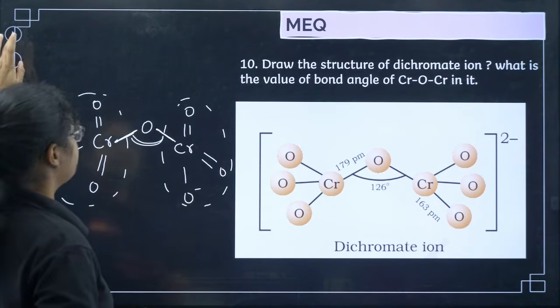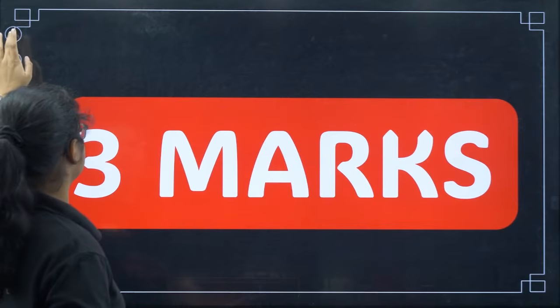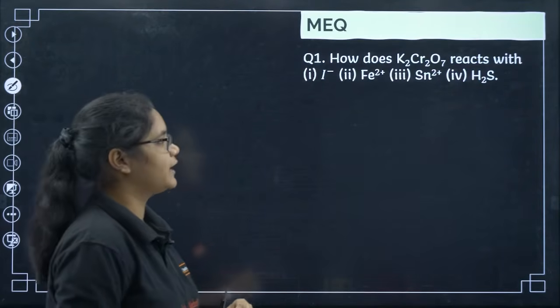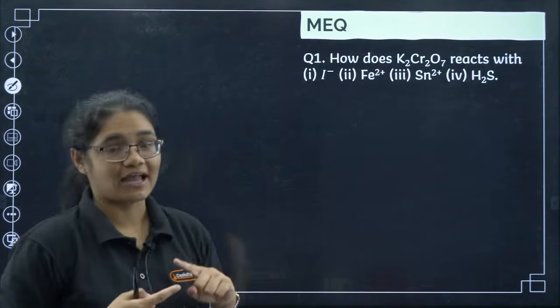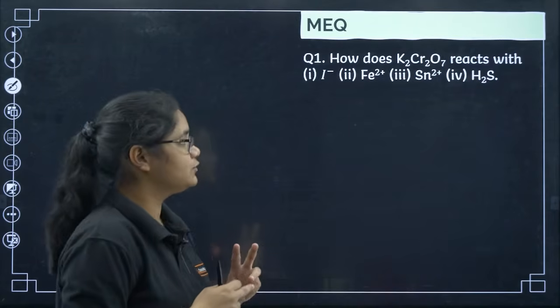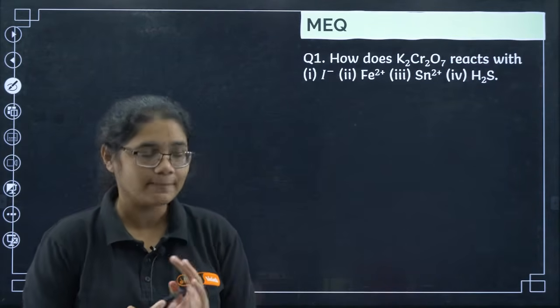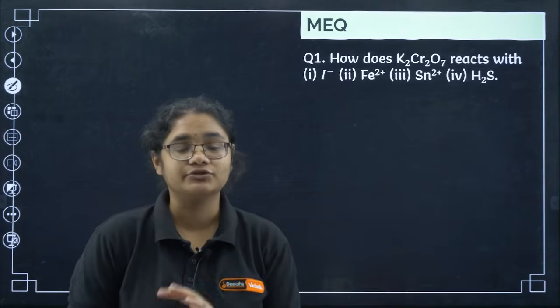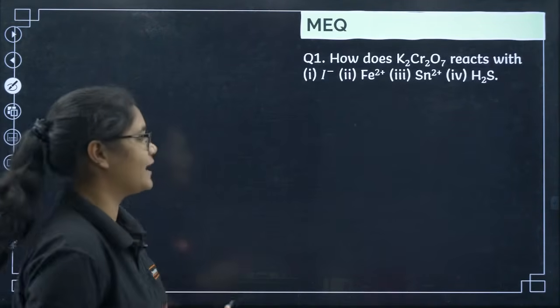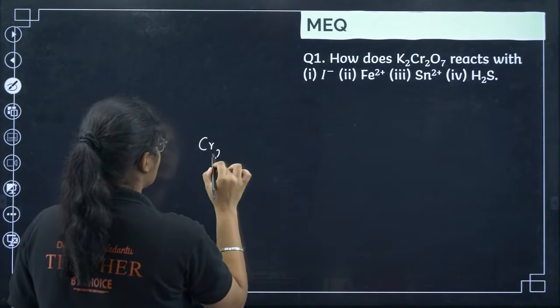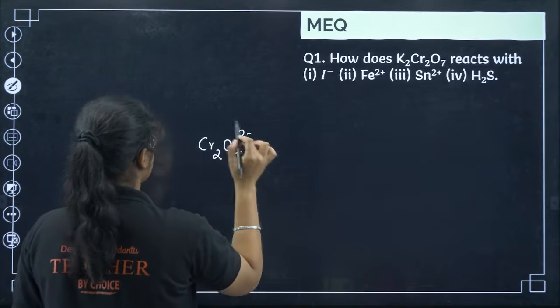Okay, now we will move to some 3-marker questions. So the first question is: how does K2Cr2O7 react with I-, Fe2+, Sn2+ and H2S? Okay, so first let us talk about the reaction of Cr2O7. How does it react first? So see, Cr2O7 2-